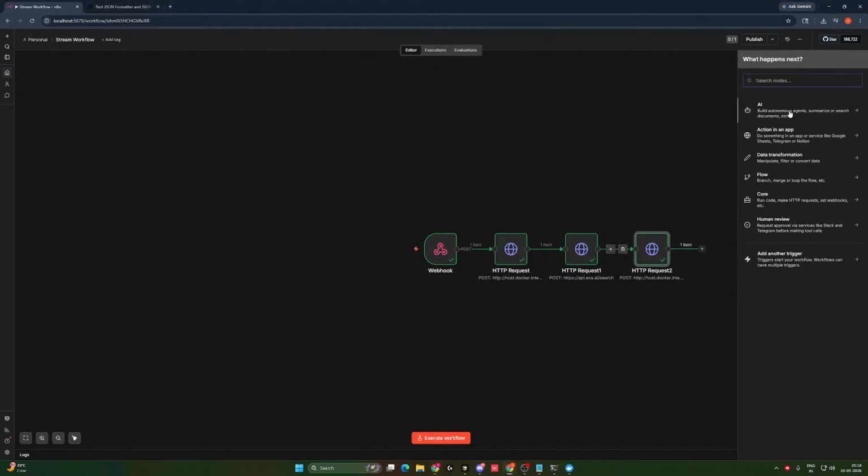So we add another node here. Would it be an HTTP request node or what? No, it would be a Llama node, right? It would be an HTTP request, but it would be a Llama node. Do we send all of this to GPT to return the content?